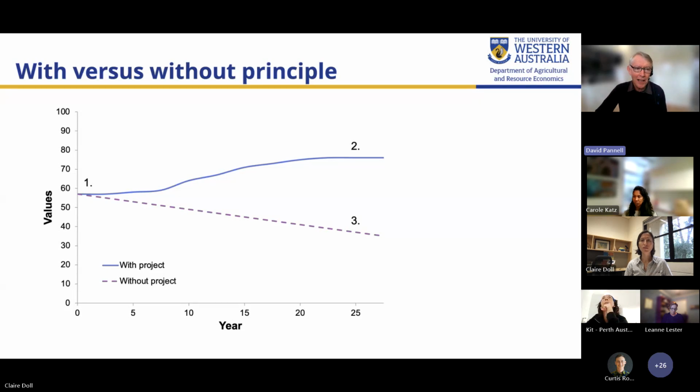So in this graph, you can see some measure of values or benefits being generated by a resource. And in the absence of a new project, it's predicted that the dotted line is showing us that those values would slowly decline over time, whereas if we have the project, they're expected to increase. And the key insight is that at any point in time, in any one of those years, as we go from left to right, the benefit of the project is the vertical distance between those two lines. So it's not hard to understand, and of course it's relevant to any type of evaluation, but it's particularly emphasised in undertaking a benefit cost analysis.